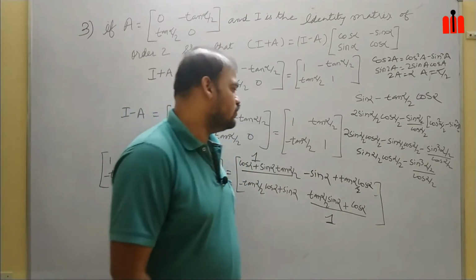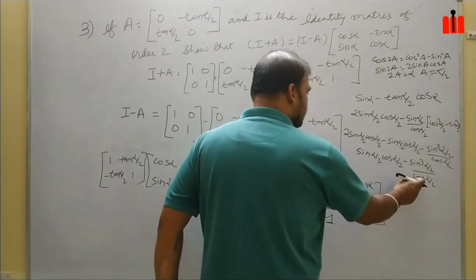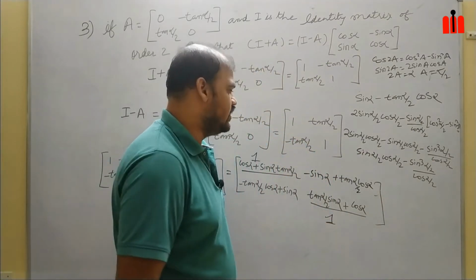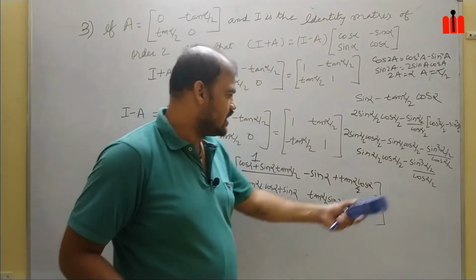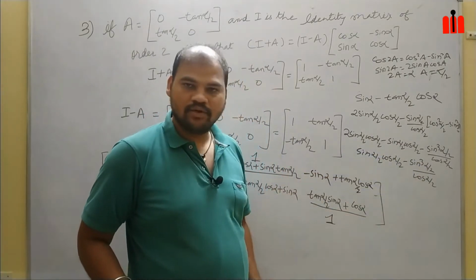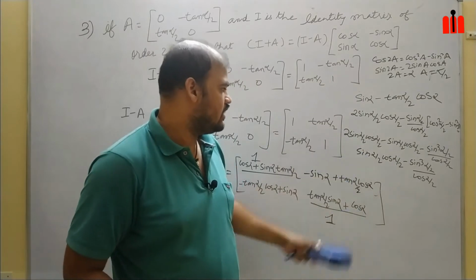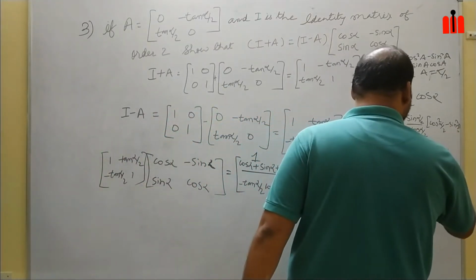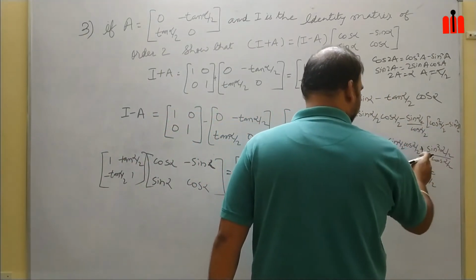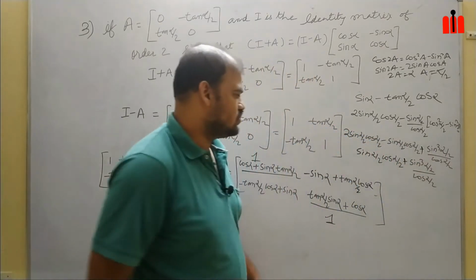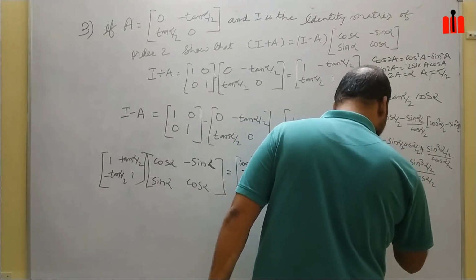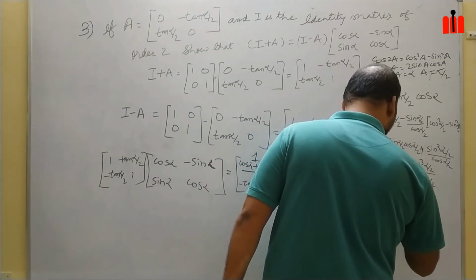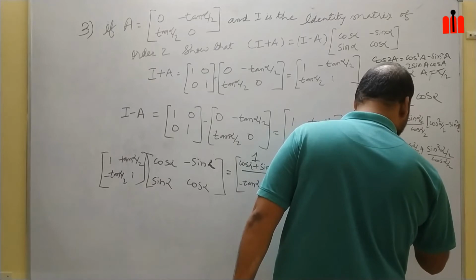Okay, now you take cos alpha by 2 LCM over here. Then sin alpha by 2 is common here and here. So you take that out, and sorry, here it will become plus, because here minus will be multiplied here, it will become plus. So cos alpha by 2 you take LCM, and sin alpha by 2 common.